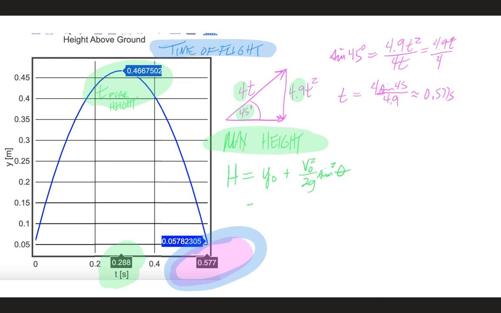And if you remember from Monday or on the first screen here, the initial y height was 0.06. The speed is 4, so we'll just square that. 2 times 9.8, 19.6. And then the sine of 45 squared, which is sine of 45 and cosine of 45 are root 2 over 2, so some number there, 0.707. And if you run all of this out, you get